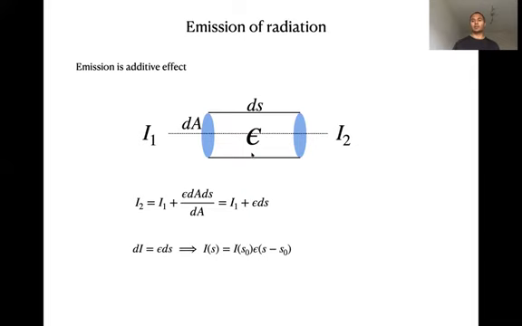Technically you would say this is spontaneous emission. They're going to just emit spontaneously. It doesn't matter how much specific intensity is coming in or going out. So it's just an additive effect. Whatever is coming in, you're going to just add something to it. And so it's very easy to write an equation for emission once you define something called the emission coefficient, which